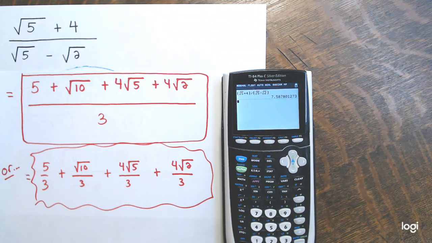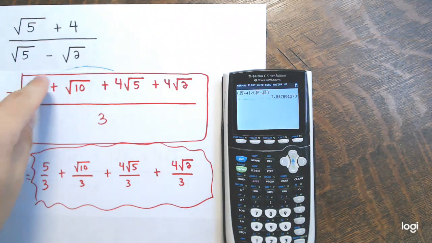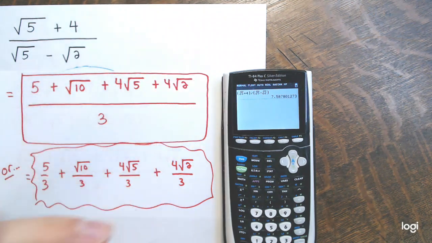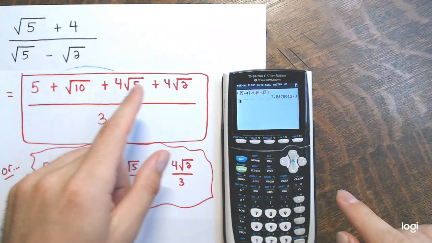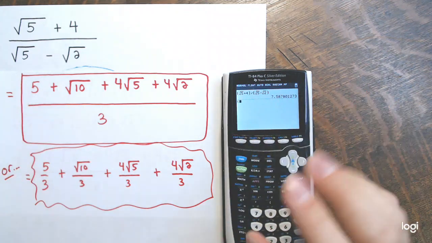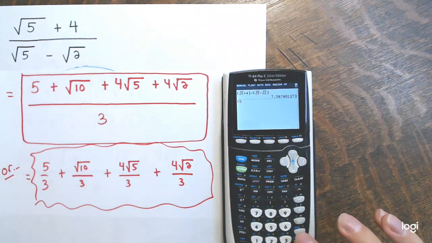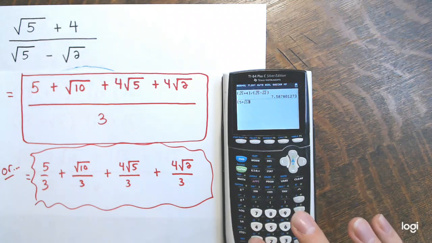Alright, so this number is 7.587801273. Now hopefully, if I did everything correctly, what I got in the box here should be the same number. So in parentheses, right, the numerator definitely has multiple terms. It's got 4 terms. So in parentheses, I put the numerator 5 plus the square root of 10